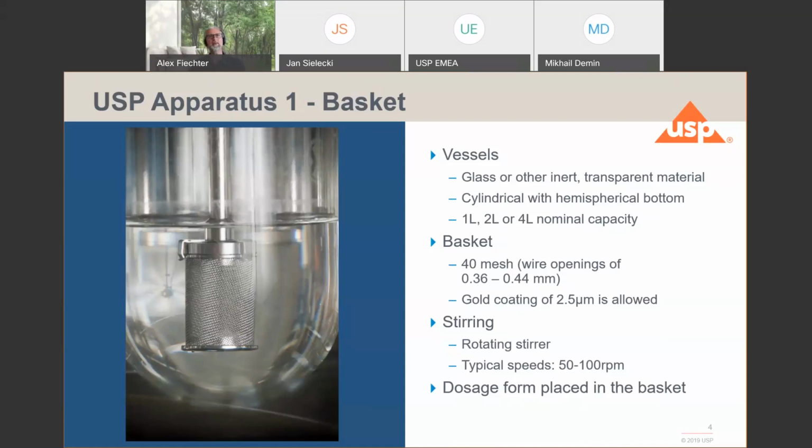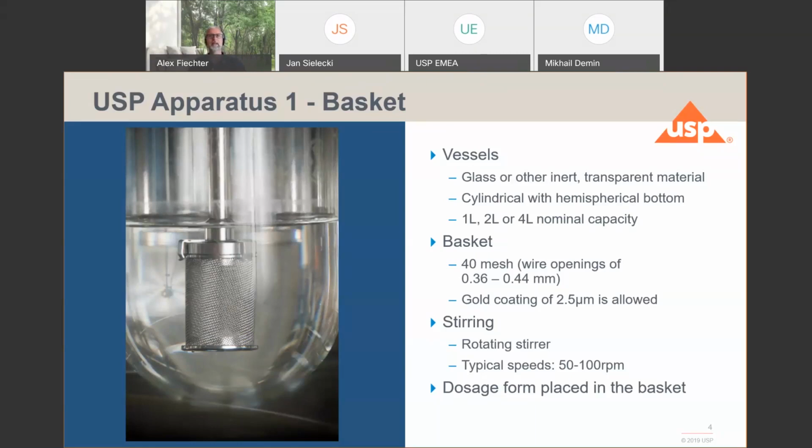The basket that is used here comprises a 40 mesh wire opening that can be gold coated. Again, it is stainless steel, electrolytically polished. So from that point of view, your drug product should not go into a chemical reaction with the material that it is exposed to.